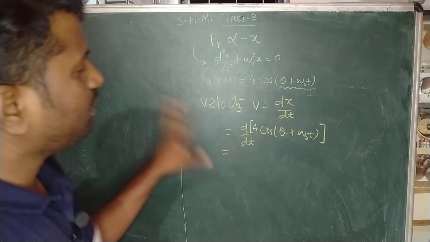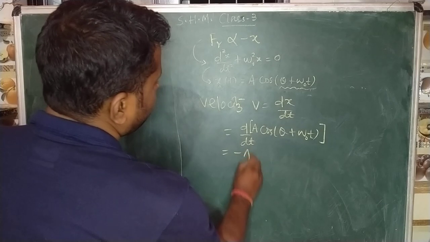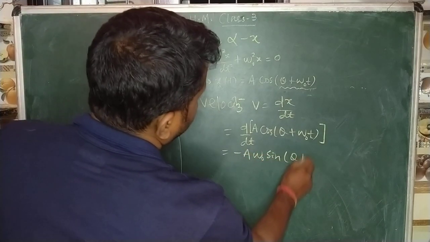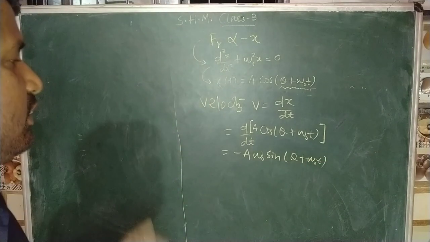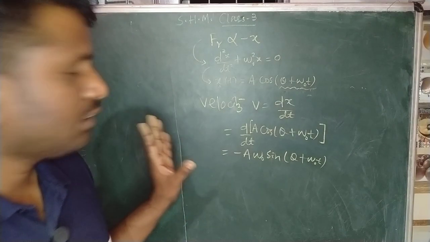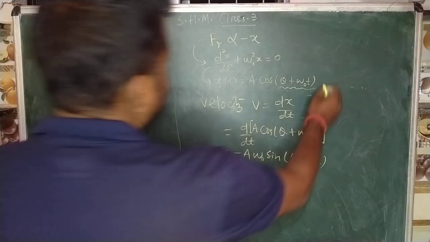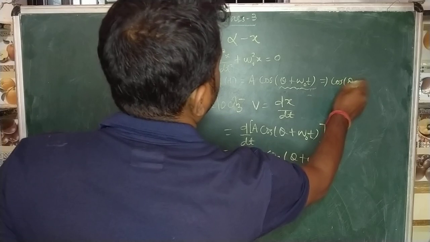You have surely learned derivatives, so do the derivative. The derivative will be minus A omega naught sin(theta plus omega naught t). Or simply, look here, our cos(theta plus omega naught t)